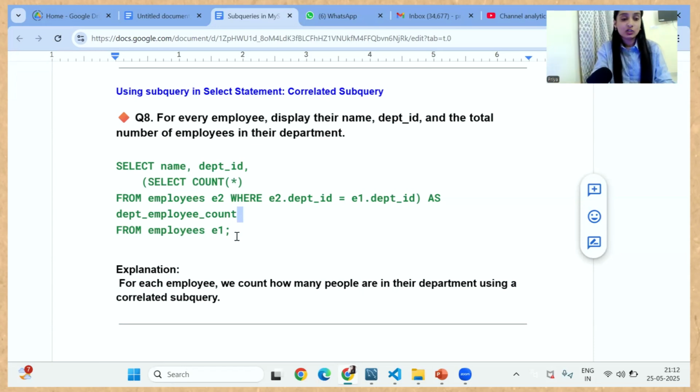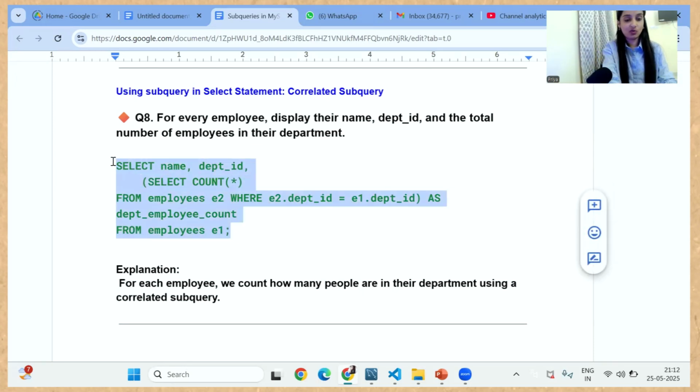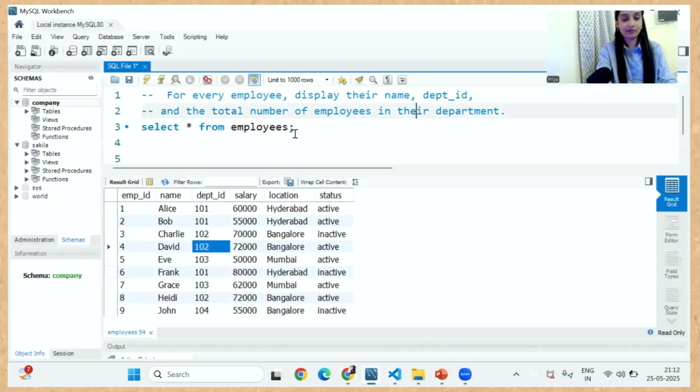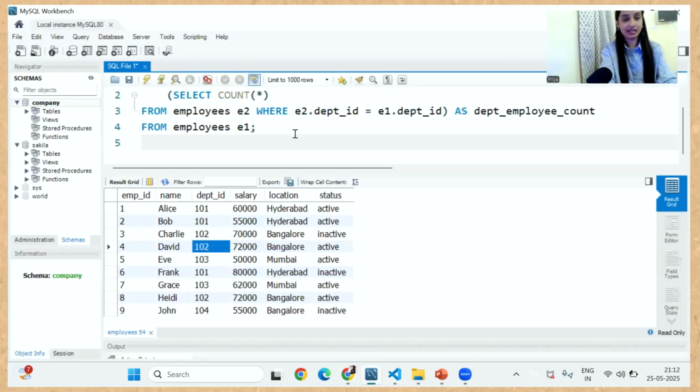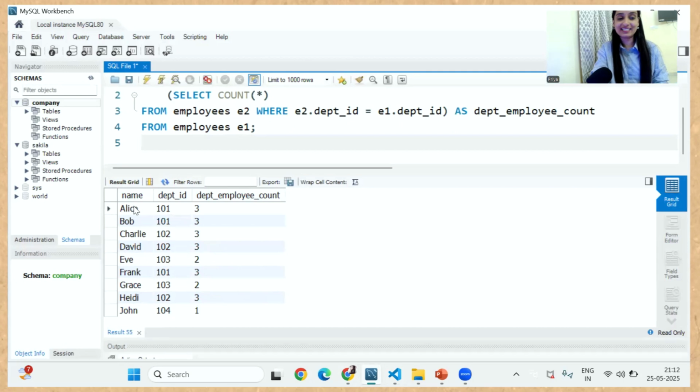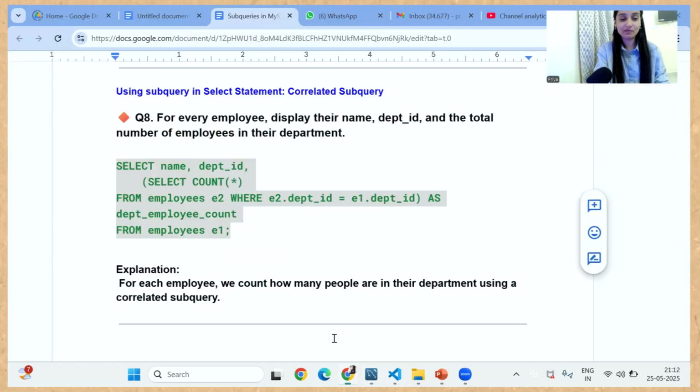Okay. So this is your final output, guys. Now I will copy this answer. I'm going to paste it over here. I'll execute this. So you are getting, see, name, department ID, and the number of employees working in that department, the count we are getting. Okay. So now